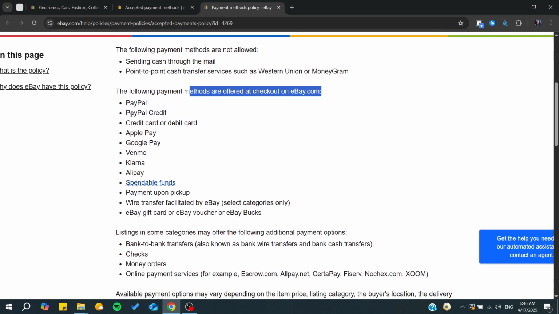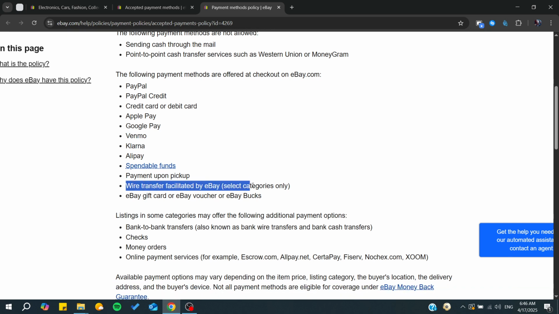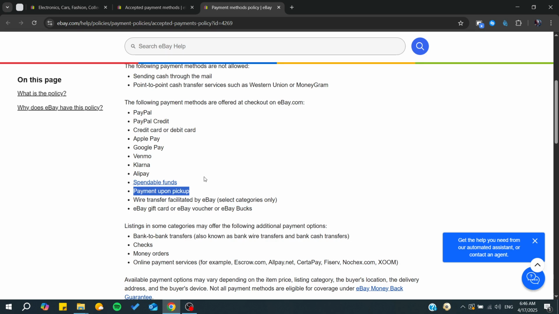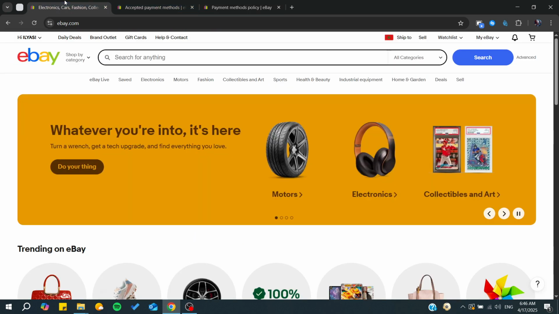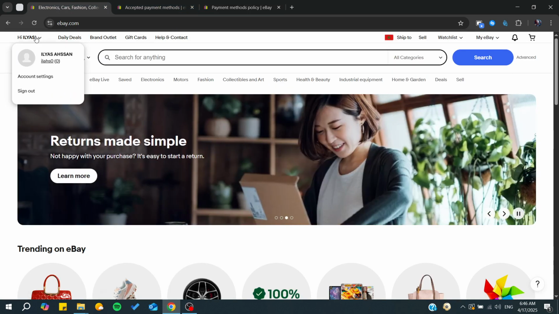And basically, you are able to pay with PayPal, PayPal Credit, credit card or debit, Apple or Google Pay, Venmo, Klarna, and many other things. And basically, you will just need to have the seller to have some of these payments methods enabled,